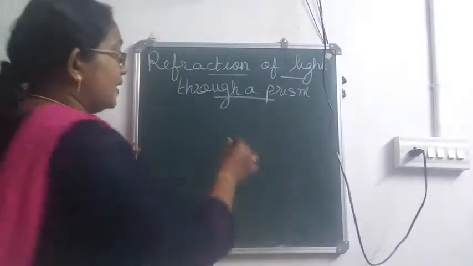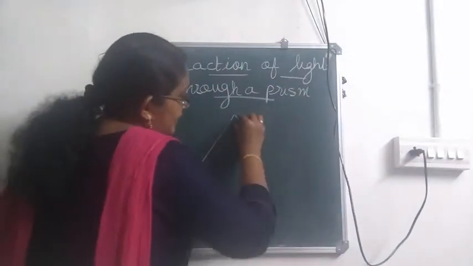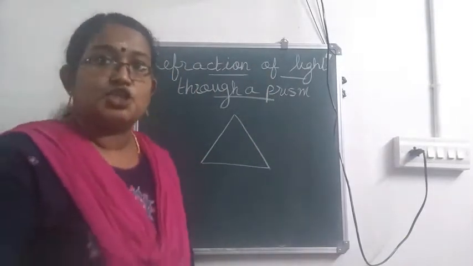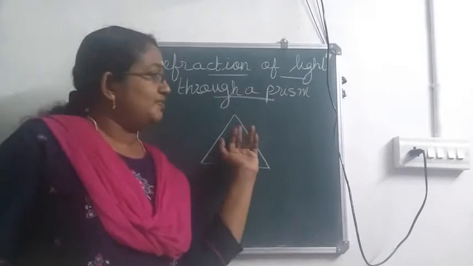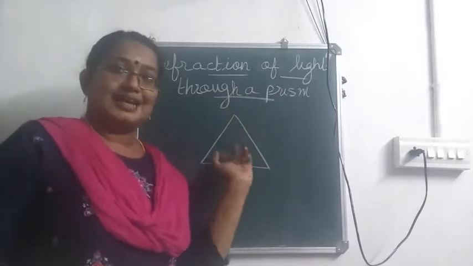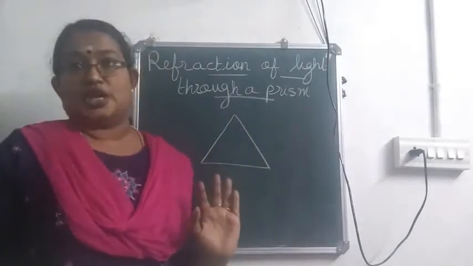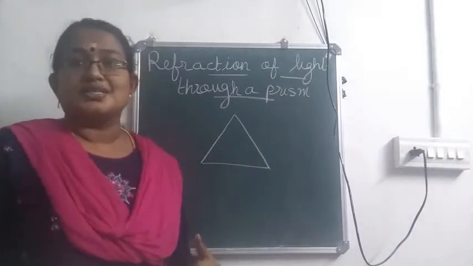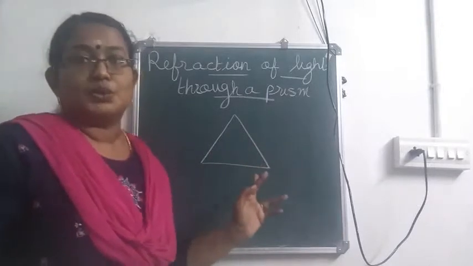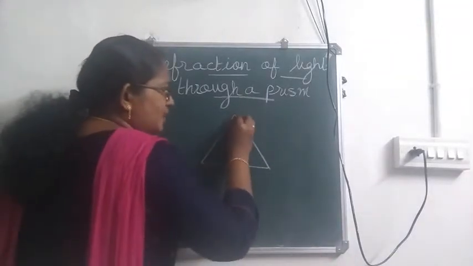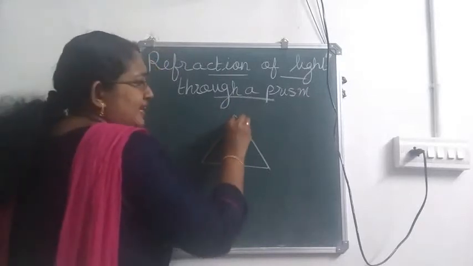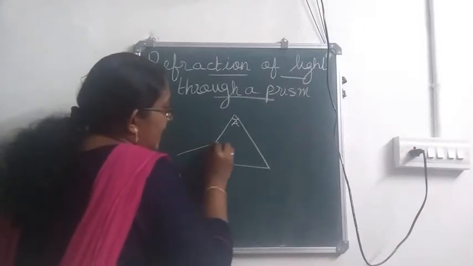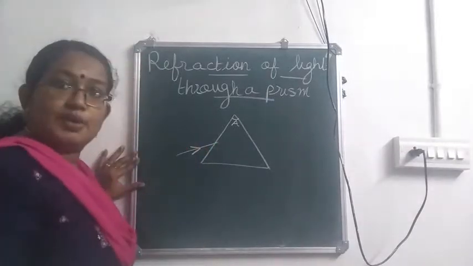So already I told you in this case we will be considering the triangular cross section. When we consider the cross section, it will be triangular in shape. The front part as well as the back part will be triangular. Then both the sides and the base is rectangular in shape. So I have considered the cross section of a prism and now we are going to discuss about the refraction of light through this. So, what is the name given for this? This is the angle of the prism. Okay. Now, here I have the incident ray.